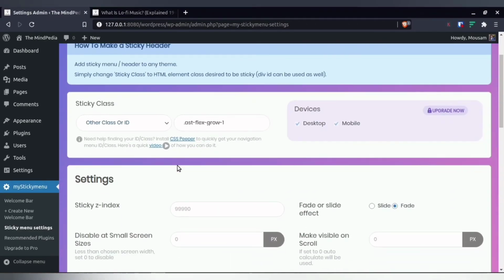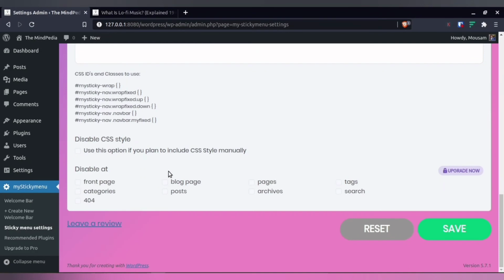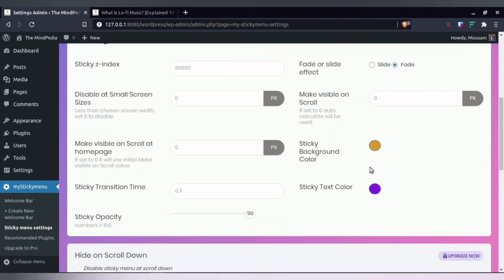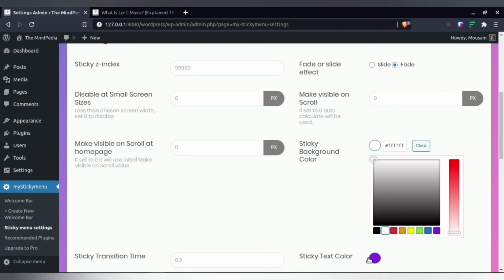There are a few other settings available, so kindly go through them. Suppose you want to disable it, you can disable it in the blog post, you can disable it in the pages also, but these facilities are available only for your paid versions. So if you want to disable individual page categories or post, in that case you can upgrade it, or else this is more than sufficient.